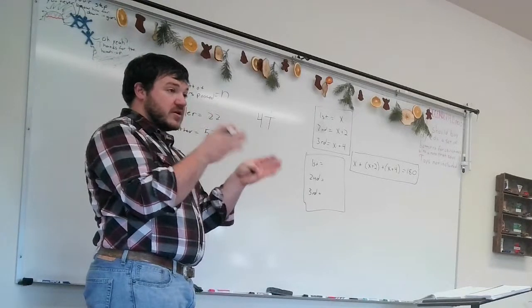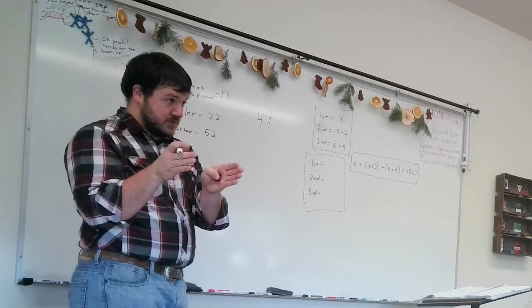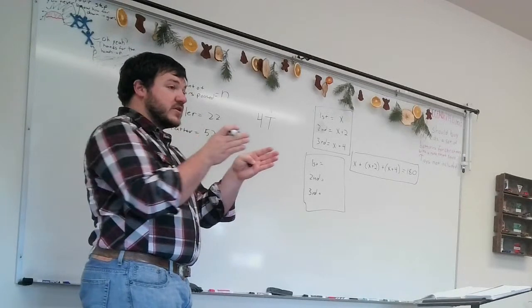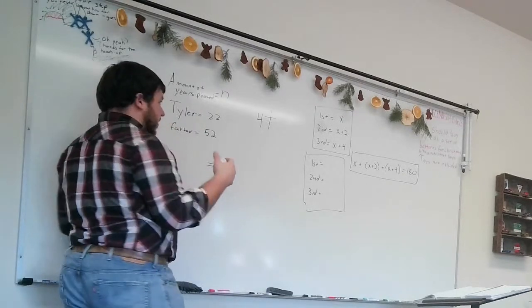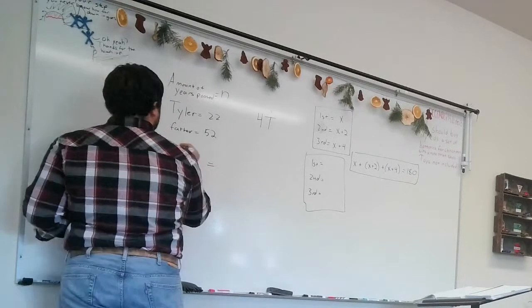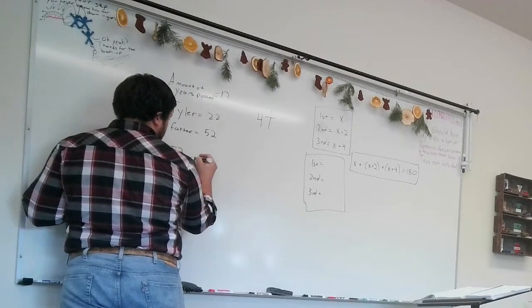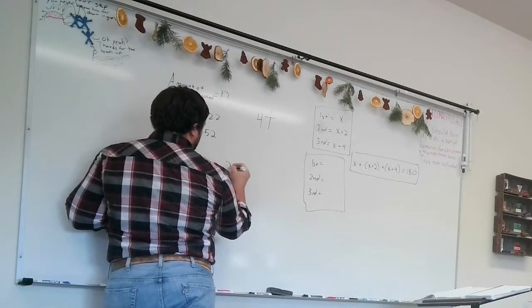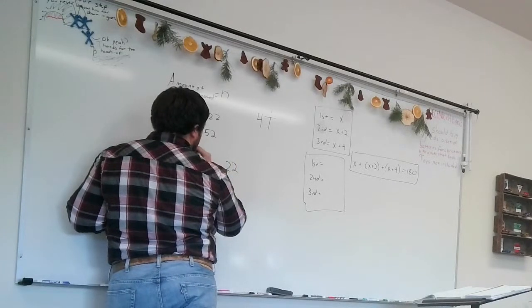At some point, Tyler's age equaled his father's age. Is that correct? Or equaled 1/4 of his father's age. So basically, we're going to put these guys on separate sides of the equation. All right? So this is an unknown amount of years ago. So we start with his father, which is 52, an unknown amount of years ago. So we're going to say minus n equals, this is close, 22 minus n.